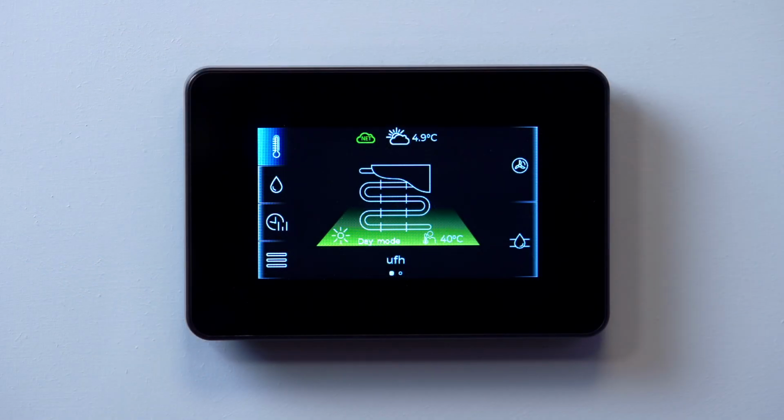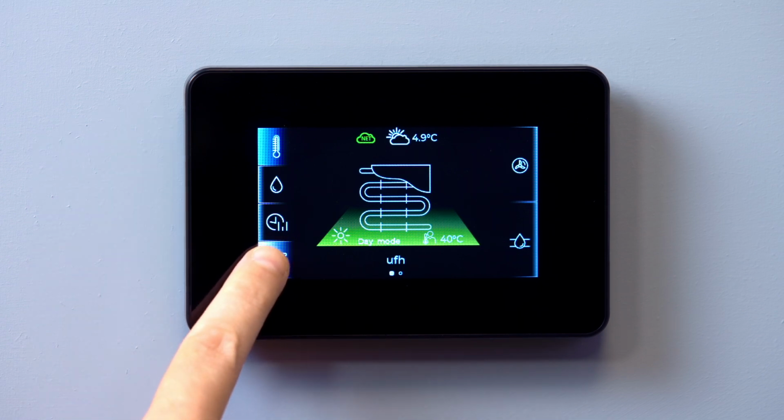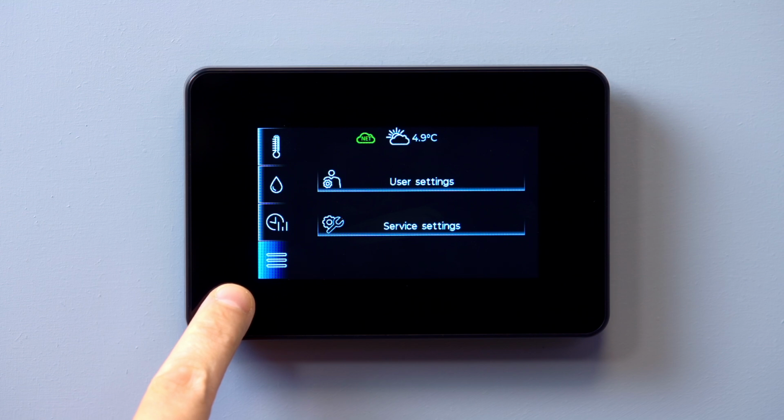Adding and amending circuits is quick and easy using the touchscreen controller. Once your controller is set up, you may wish to go back and add or amend a heating circuit. On the main menu, go to the Settings icon at the bottom left of the screen, select Service Settings and